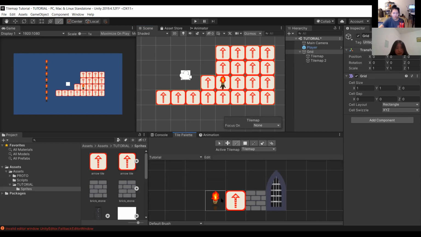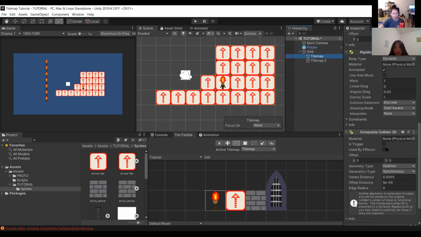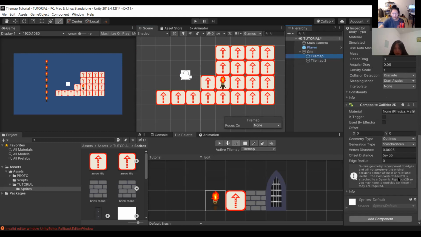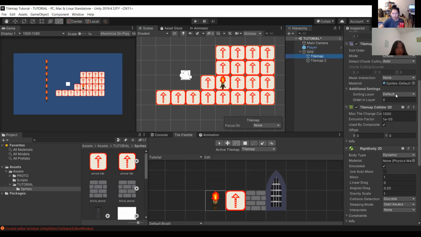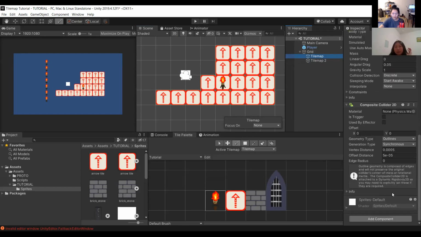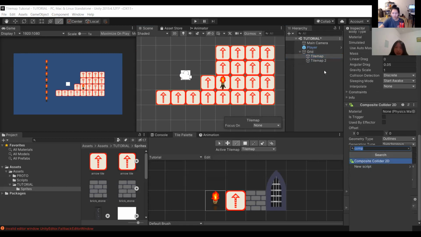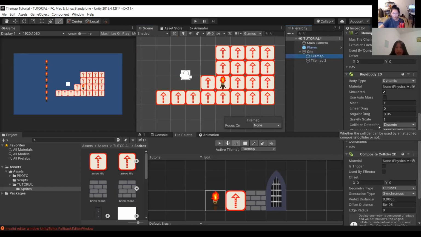Can you go over how to make the composite collider again? Yes, of course. Again, you'll click on the tilemap that already has the Tilemap Collider, click Add Component, and search for Composite Collider 2D. Click on that, and it should add a Rigidbody 2D and a Composite Collider 2D into your scene.